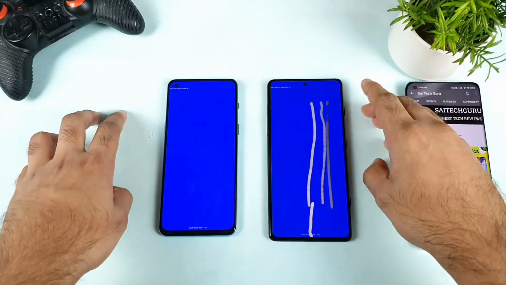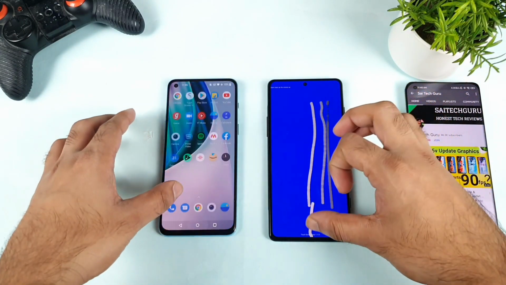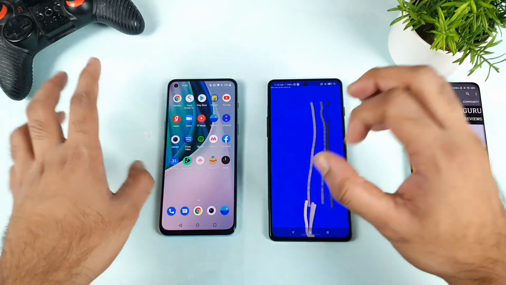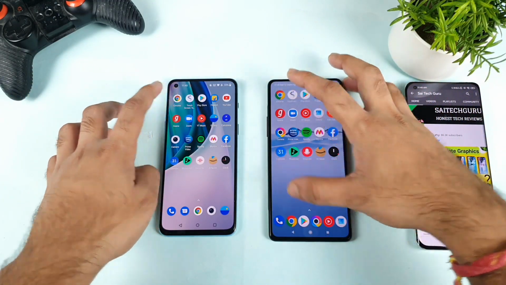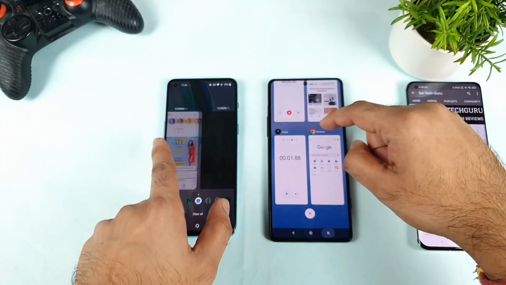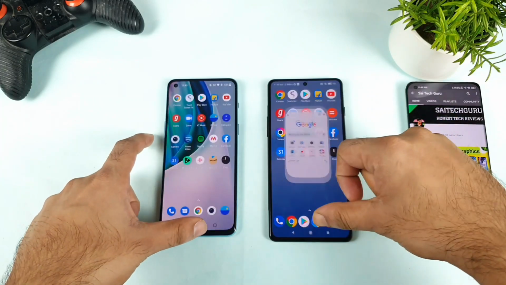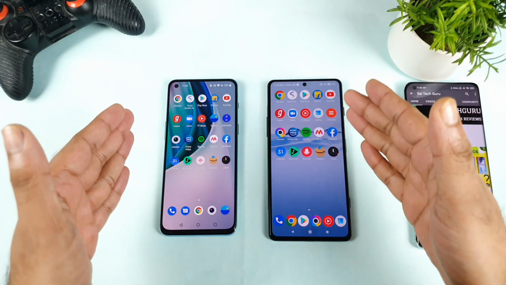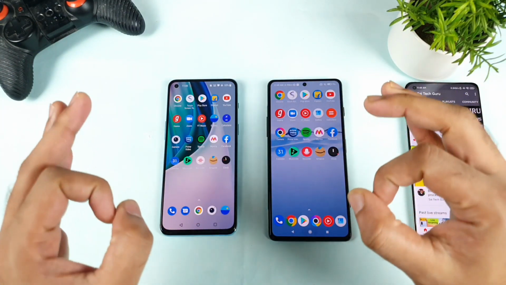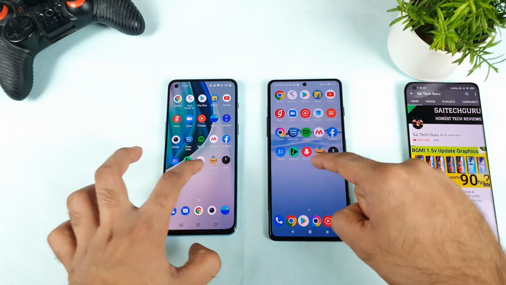And the touch sampling rate, as you can see, exact lines are there in the touch sampling rate. So the OnePlus Nord 2 was unable to survive this kind of extreme level of 20 applications testing. And the final application is Google Chrome. Let me try to open it from multitasking so you'll be able to see. 1, 2, 3. Perfect. As you can see, friends, Google Chrome. So overall, in terms of the RAM management, the Poco F3 GT was able to manage really very solidly. If you don't believe me, let me try to come back from the last.